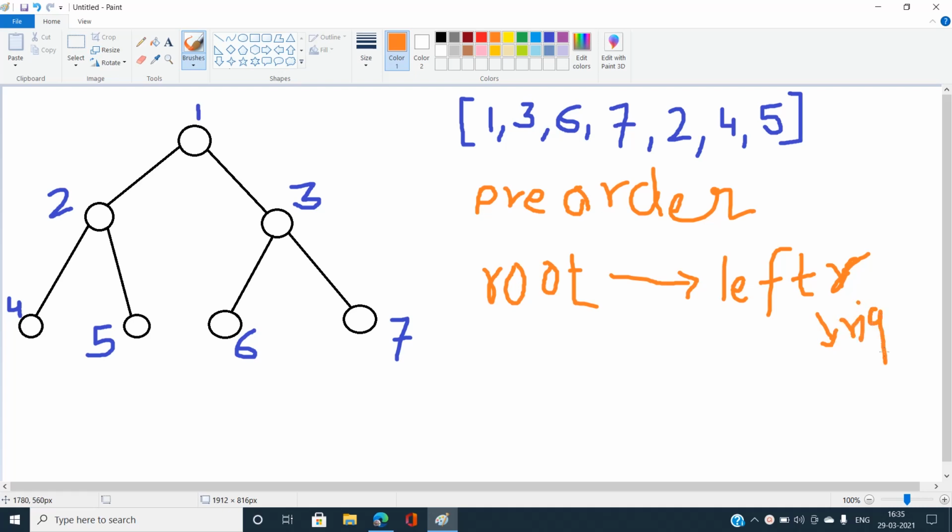So what would be the pre-order traversal of this binary tree that I have taken? You can see, first I'm going to visit the root node, then I'm going to visit its left subtree, which is again a root node, so again visit its left subtree, and if that is done, then visit its right subtree, that would be 5, and then after coming back to this node, visit its right subtree, that